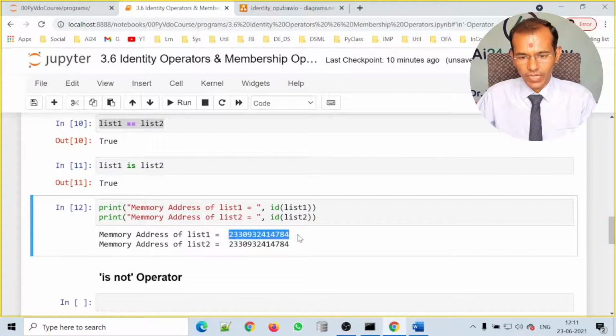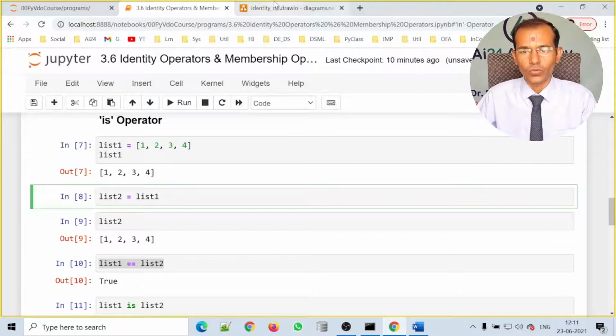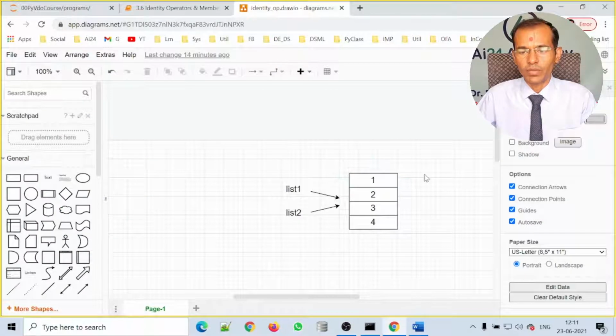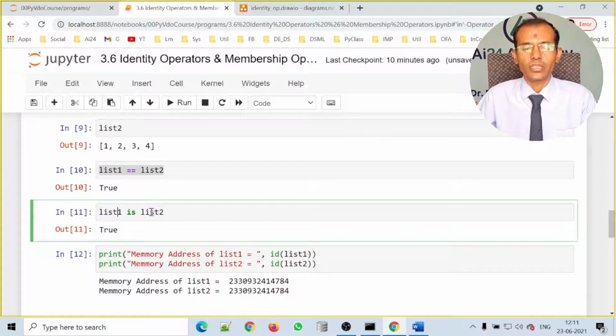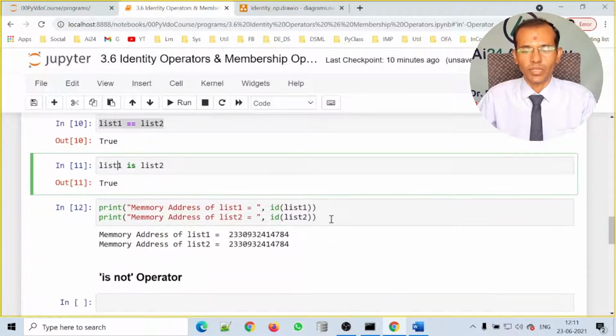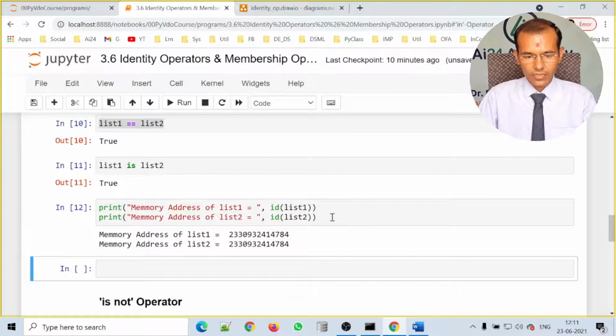If the memory address of list1 is equal to the memory address of list2, it means that when we assign list1 to list2, both point to the same memory location and the same list. So the identity operator is used to check whether both the lists are pointing to the same memory location or not.